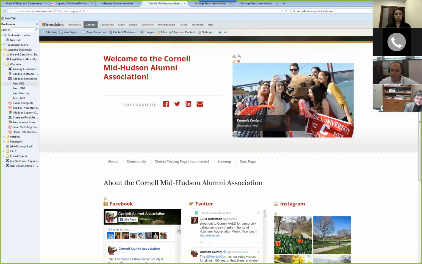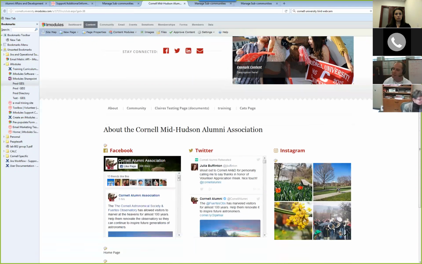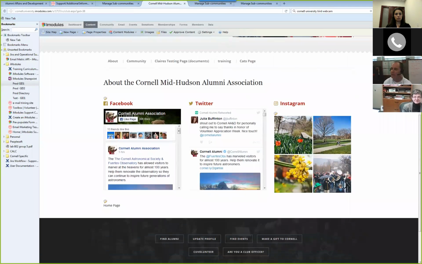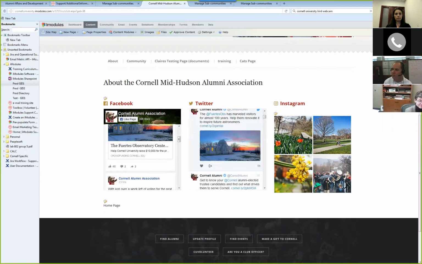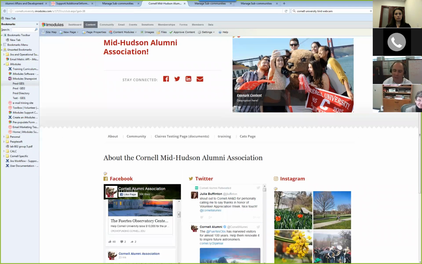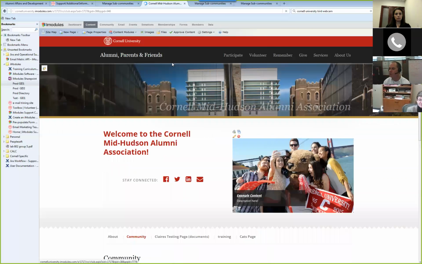One thing I would advise against is you tend to get a lot of clubs that will do one or two tabs, and they put everything down, and they've got these pages that are really, really long. And I hate showing other folks' class sites. My advice is to break it up and use these tabs, because that gives people the ability to pick and choose what they want to look into.